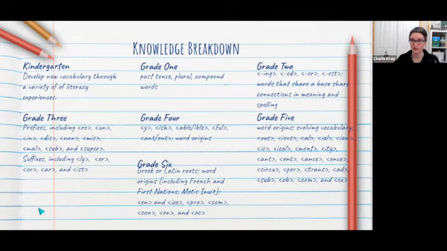One of the reasons I want to show you this is because if you don't know where to start, no matter the grade you're in, this gives you a relatively age appropriate progression for orthography understanding, for morphology. So you teach grade 8. You want to start talking about this with your students? Start talking about past tense, plurals, and compound words, because that's the first thing that we're introducing in grade 1.